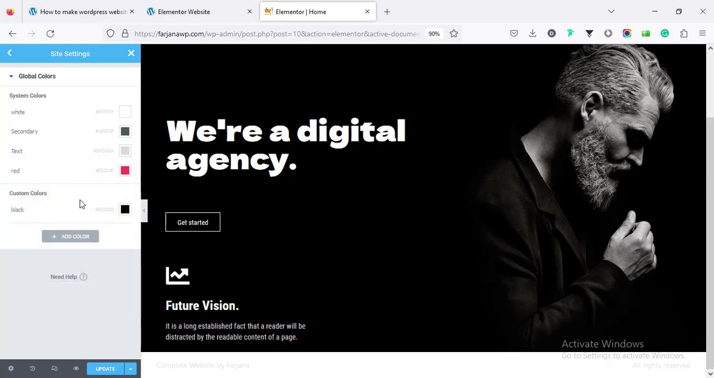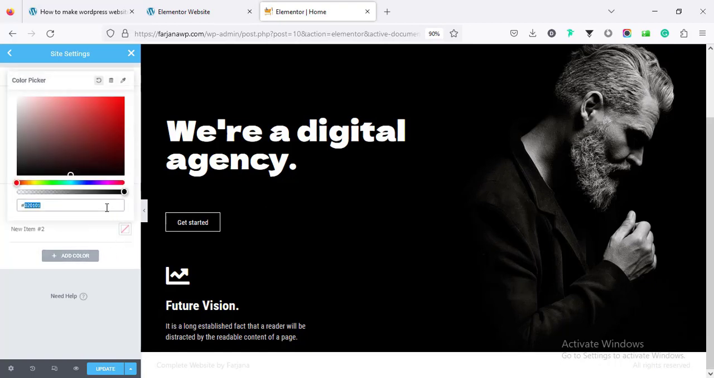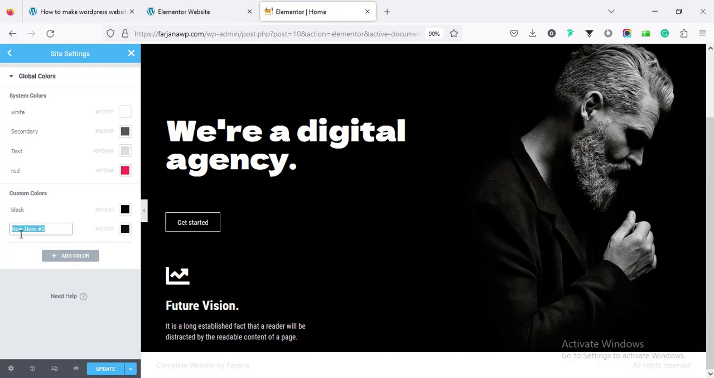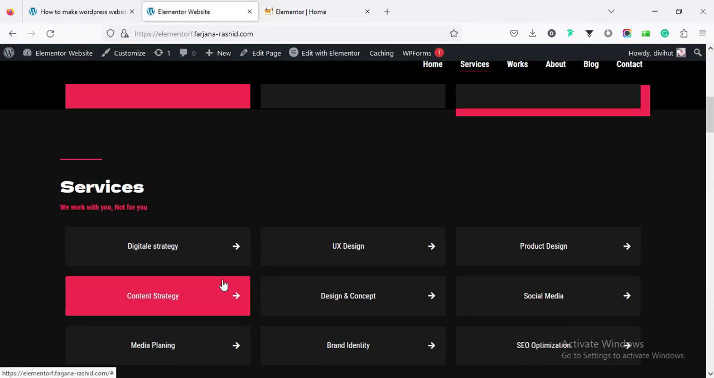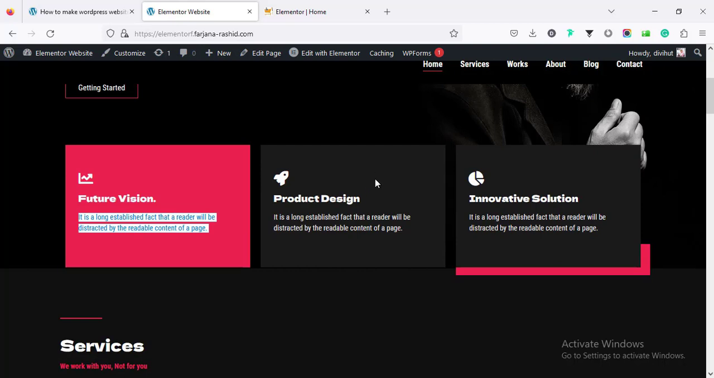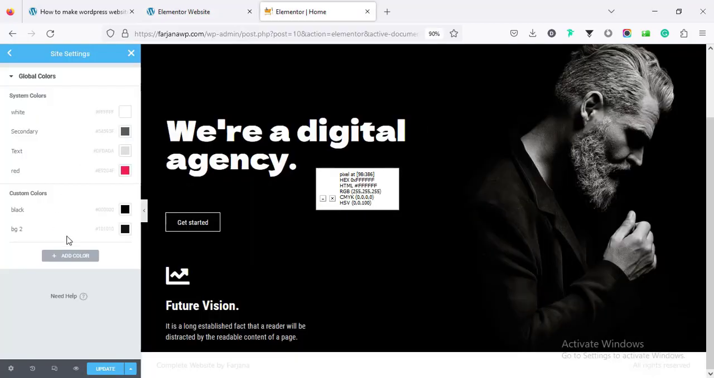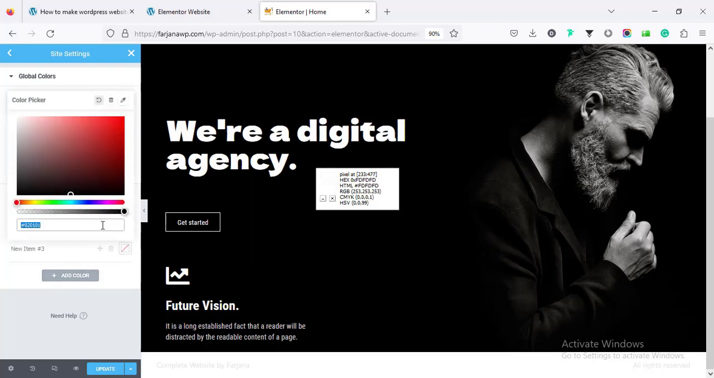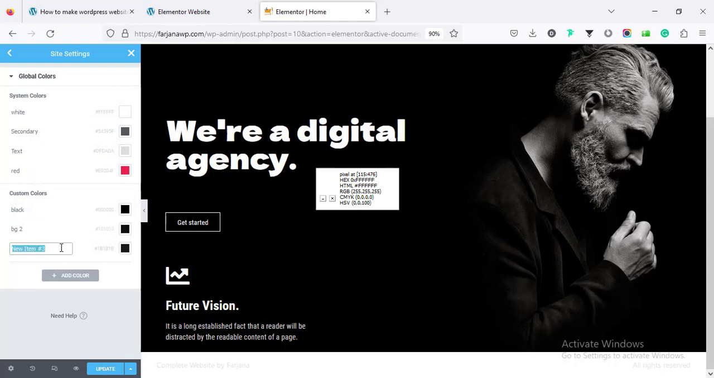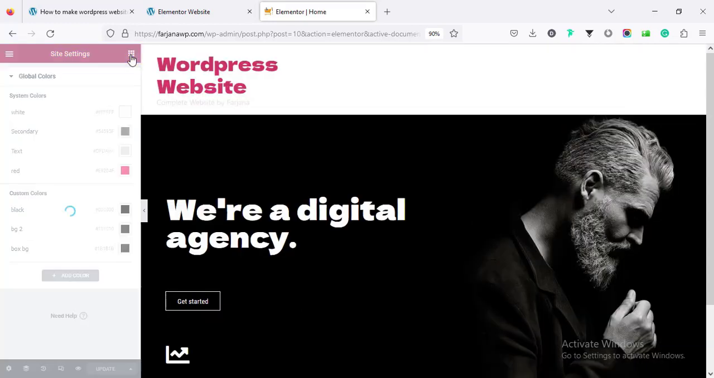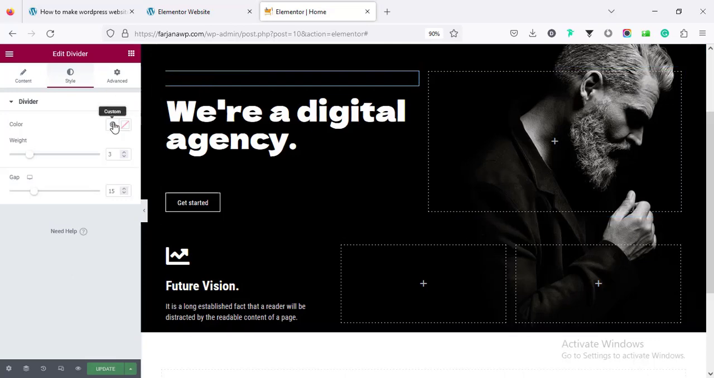And here we can use another black color. We can use another BG color, another dark, 10, 10, 10. BG2, and also another color, BG3. We can take this color for boxes, 1B, 1B, 1B. So add color, box BG, and finally going to update. Now crossing it, we can change this color to red again,